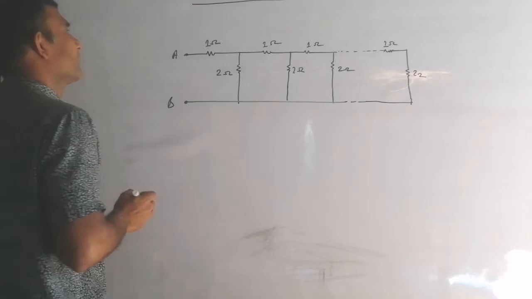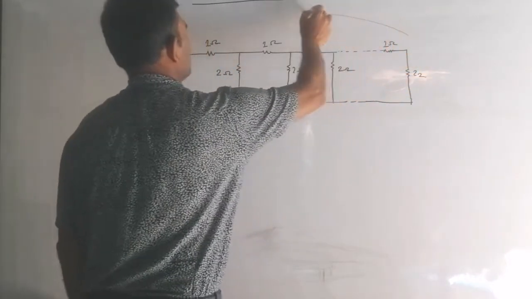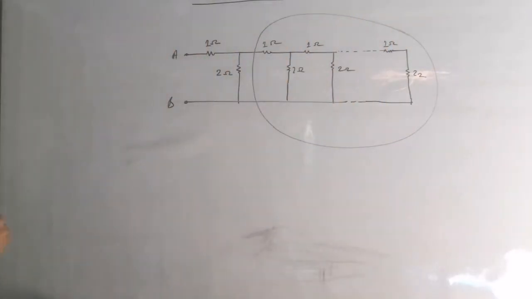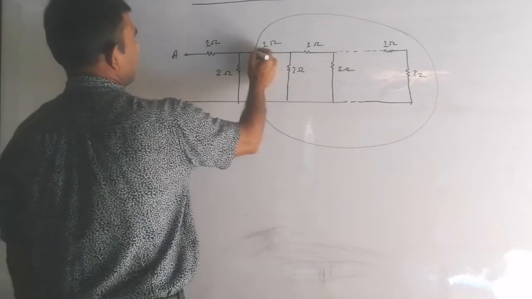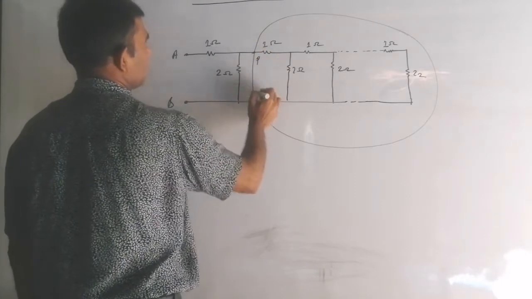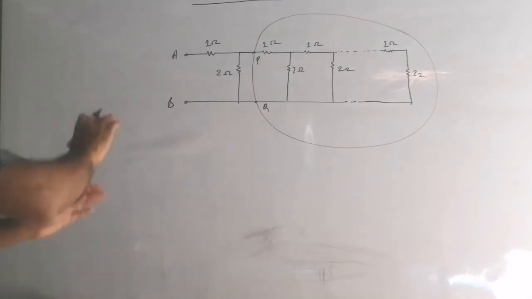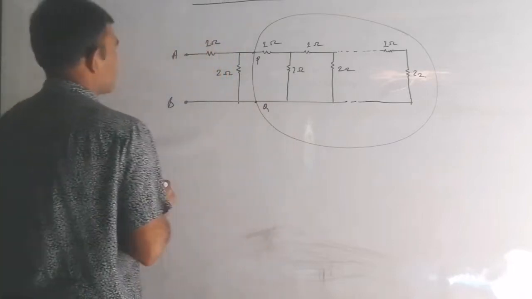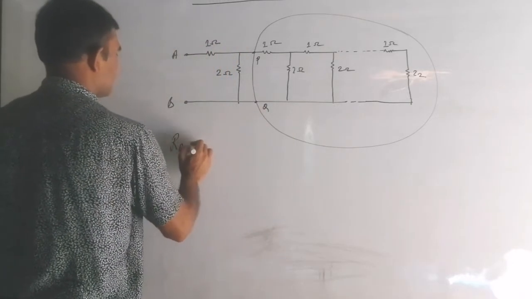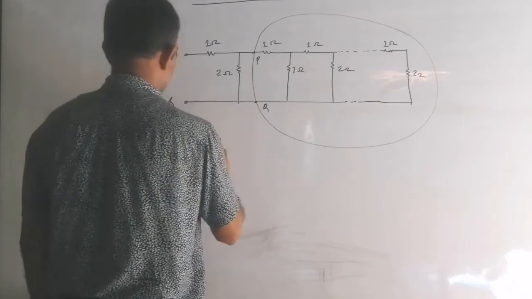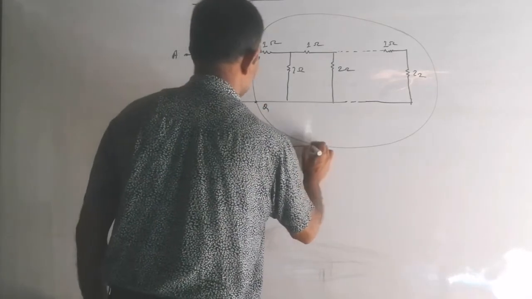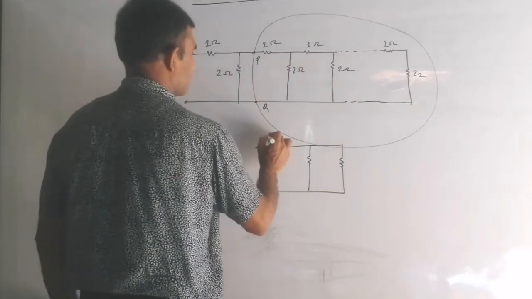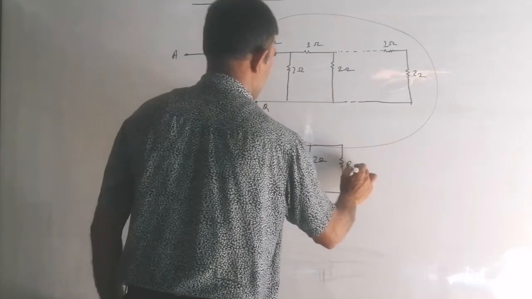Here is one trick that will work for you. Suppose this whole has some equivalent resistance, that is R. So I suppose that is the resistance from P to Q. The equivalent resistance of the remaining part, except one section, has the resistance P to Q, that is R. So I have to find RAB, and our figure simplifies: only this one resistance left, one resistance here, and the remaining whole has R. So this is 1 ohm, this is 2 ohm, and this is R.